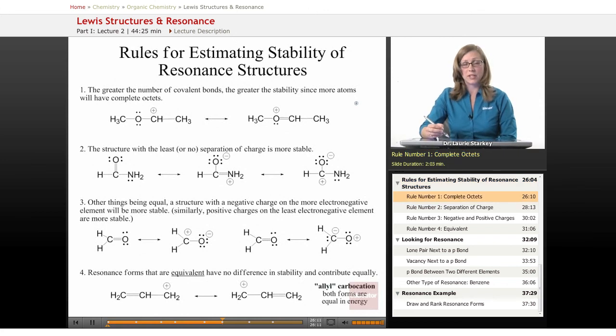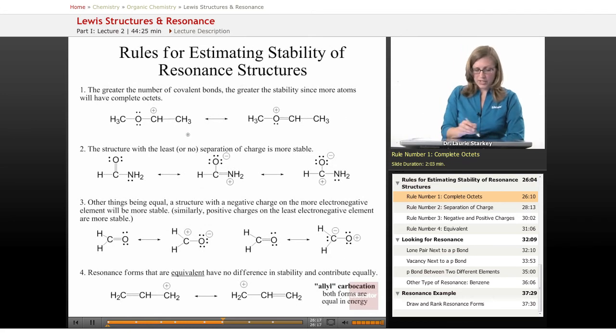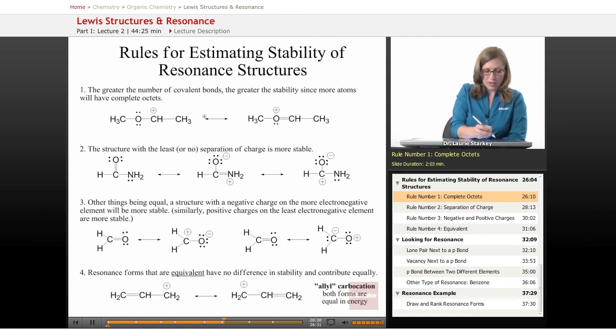Actually, first let's discuss the stability of various resonance forms and how we would estimate which form is more stable. Here's an example of a molecule that has two different resonance forms. Which of these is more stable and which contributes more to the overall hybrid? Well, what we'll find is that the greater number of covalent bonds, the greater the stability, because more atoms will